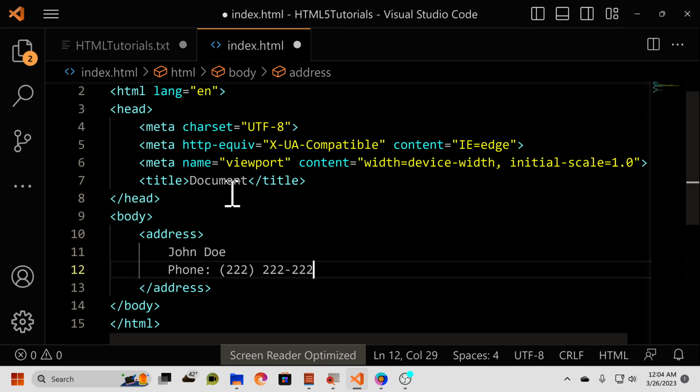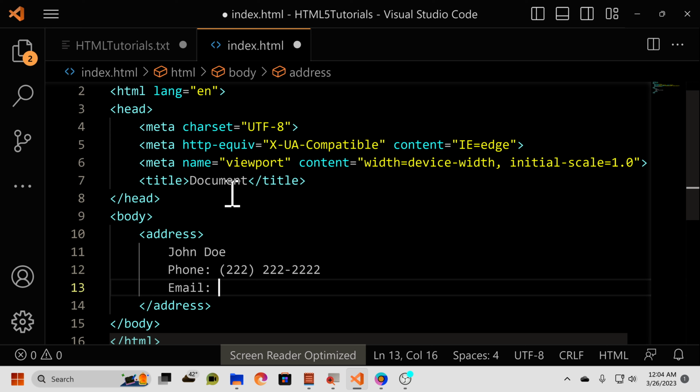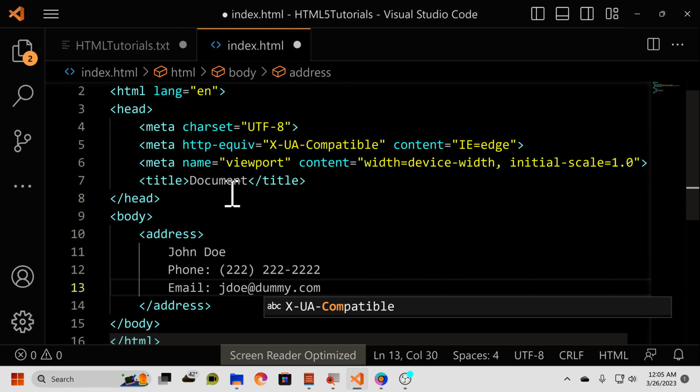Just like that. And email, jdoe at dummy.com. Something like that. Now, keep in mind, when we look at this in the browser, it